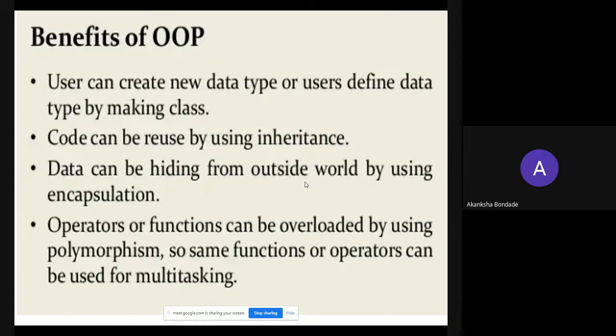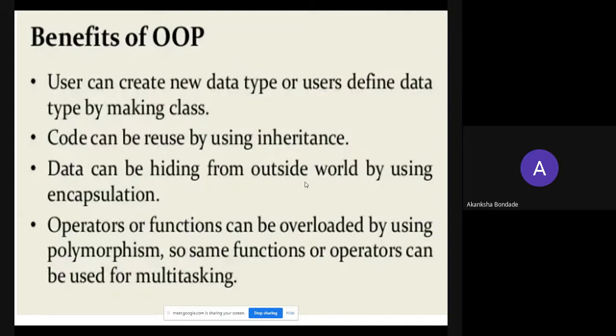What are the benefits? That means, what are the advantages of OOPS? A user can create a new data type, or user-defined data type, by making a class. In a class we define the data members and member functions, and we create the object. So when we create the object by using the class, there is an opportunity to create a user-defined data type.